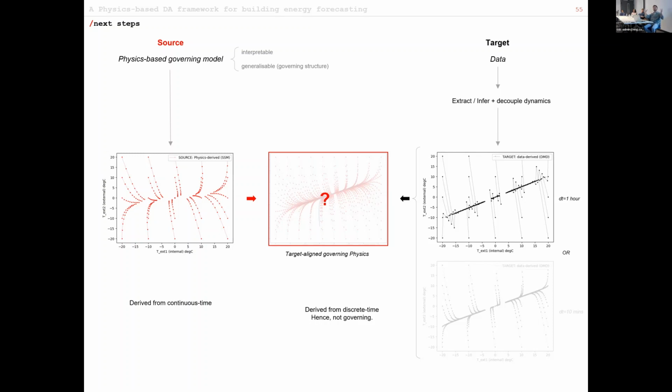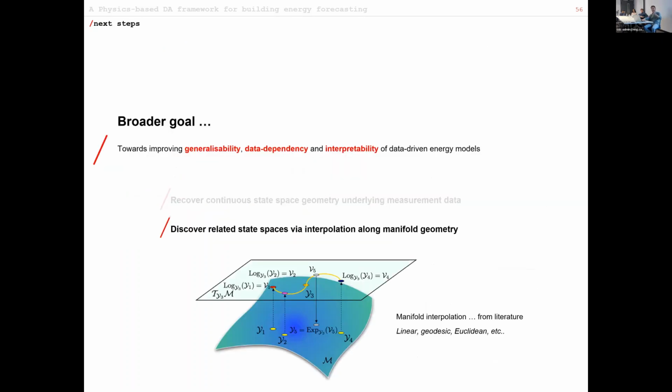By the way, the point of all this still is to incorporate the governing dynamics for better forecasting models that remain interpretable and improve generalizability, because if you recover the governing system with geometry, then essentially you can start with any initial condition and forecast for any scenario. I won't say too much about that, but the second aspect that we'd like to go towards is discovering